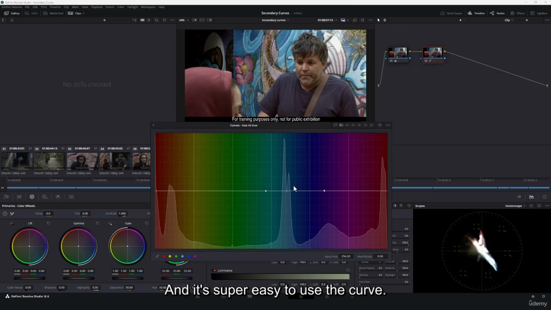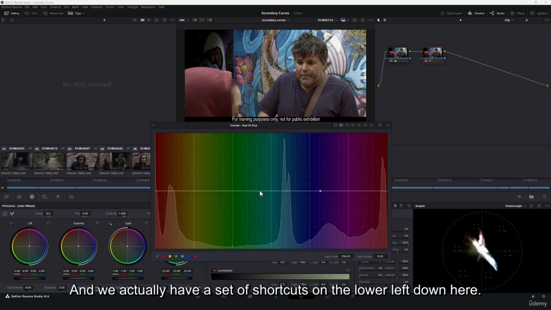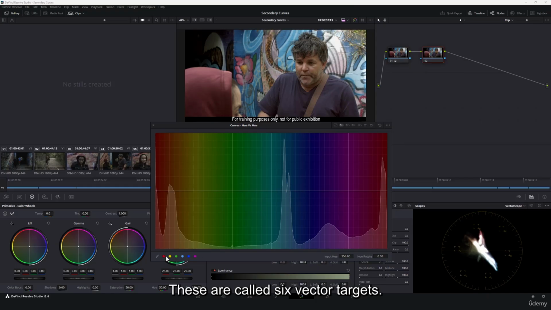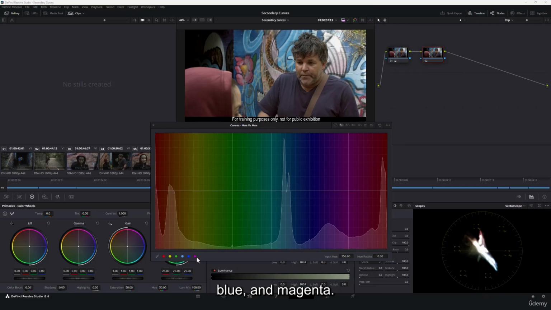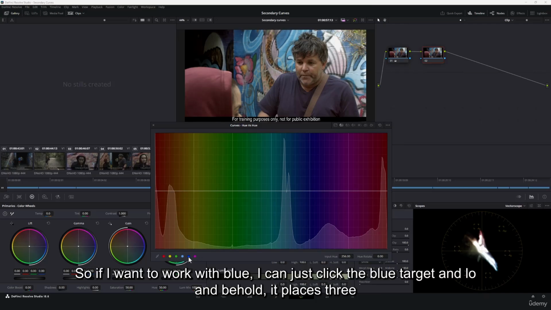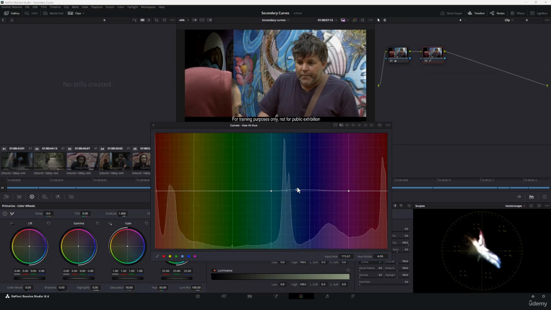And it's super easy to use the curve. It's literally just click, click, define our working area, then click and drag up or click and drag down. And we actually have a set of shortcuts on the lower left down here, what are called the six vector targets, that will allow us to easily select all of the main colours on the spectrum: red, yellow, green, cyan, blue and magenta. So if I want to work with blue, I can just click the blue target, and lo and behold, it places three points down on my straight line, and I can then move these around to start working on